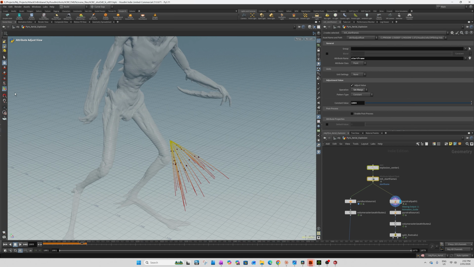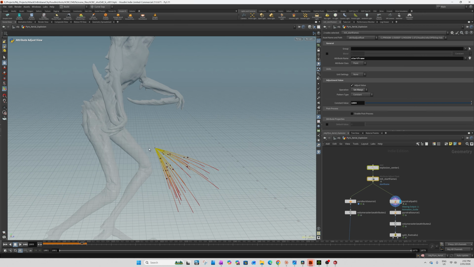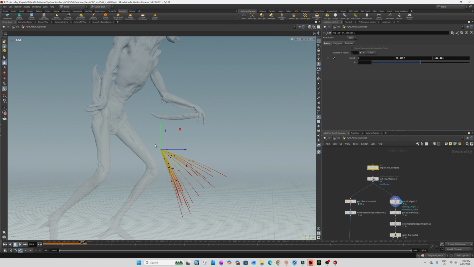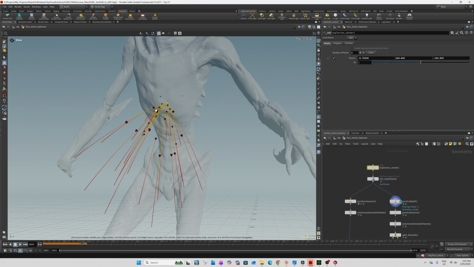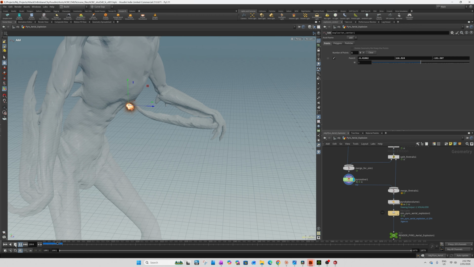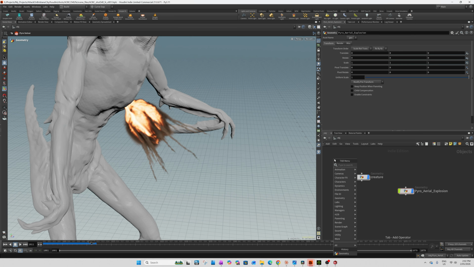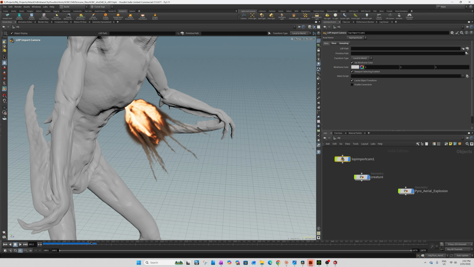Now, we want that to hit him square in the chest. That might let us. Let's have a look.